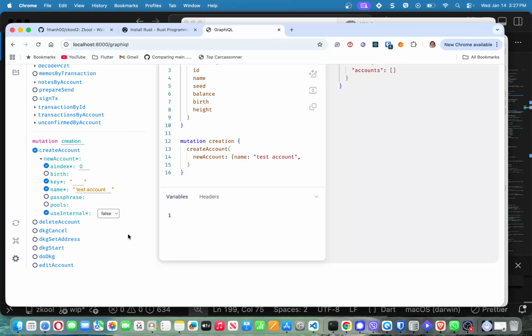Passphrase, if I want to encrypt this, but I don't really need that. And I'm not going to use internal. If you set internal as true, you can make it compatible with Zashi. All right. And at birth,